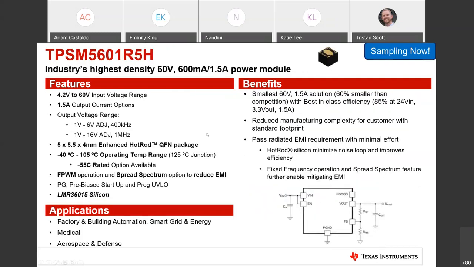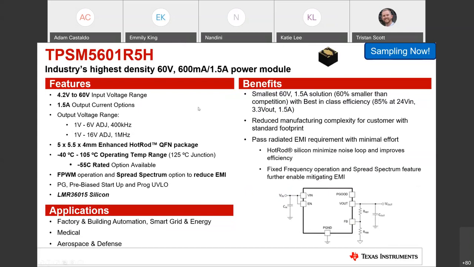And then in the same footprint is the TBSM 5601R5H that just began sampling on TI.com. This is a 60 volt, 1.5 amp power module based on the LMR36015 silicon. So same 5.5 by 5 millimeter footprint, with a high ambient operating temperature range for power modules. And it has a bit of flexibility.